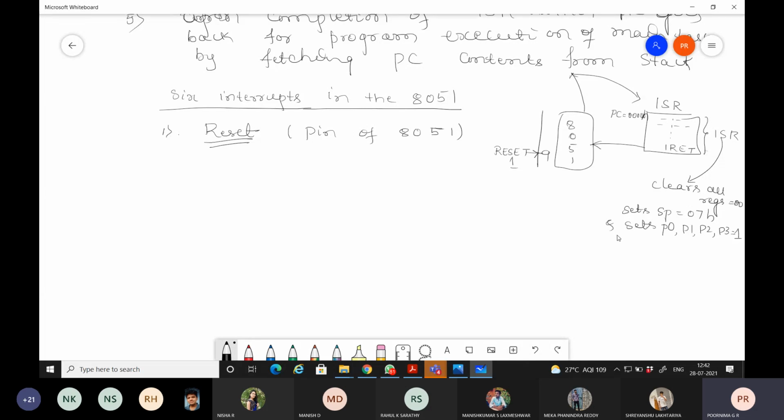So this is how the 8051 performs the operation when it executes the first interrupt, that is the reset interrupt.